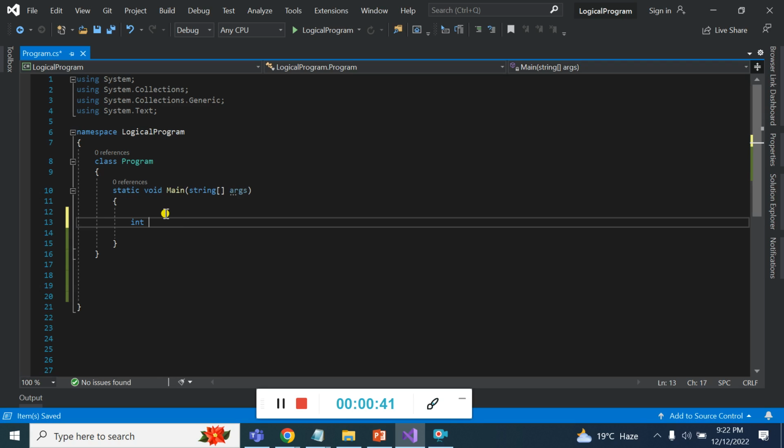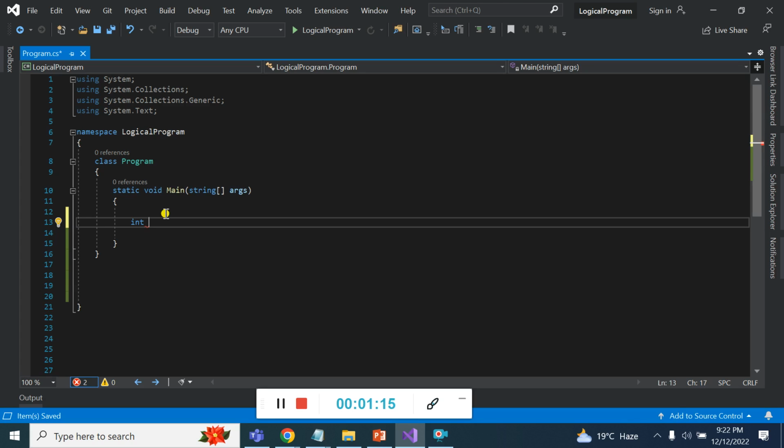So now I'm taking an example of int.Parse. Basically, int.Parse is used for a conversion purpose. Suppose I have a string value and I want to convert it into an integer value, then we can use int.Parse. We can also use int.TryParse, but both are for different purposes. I will explain later on. So now I'm going to explain one example of int.Parse.